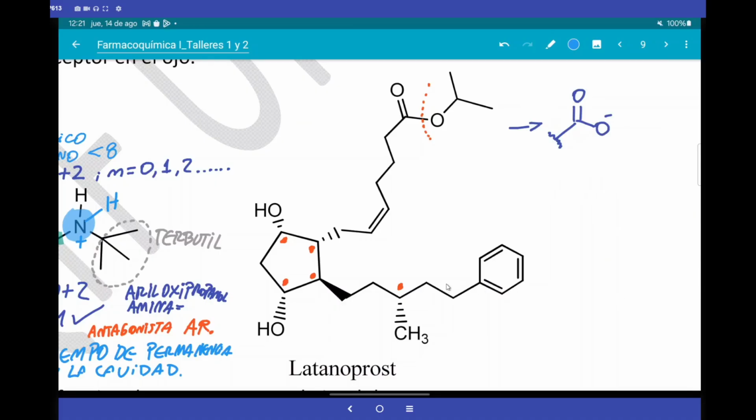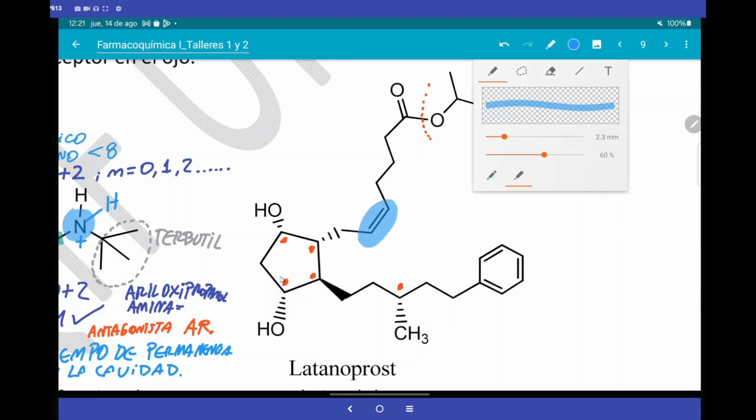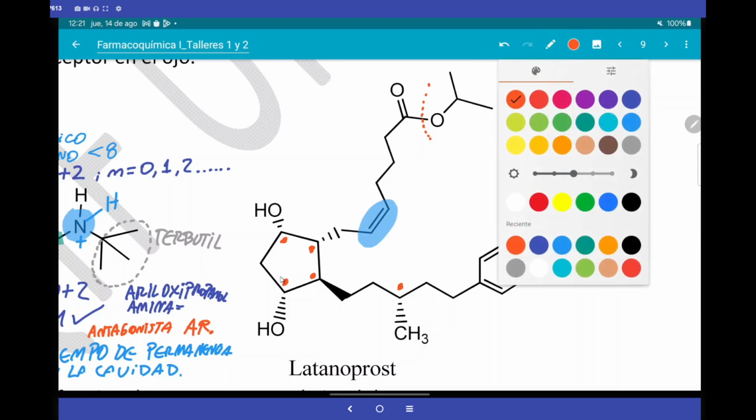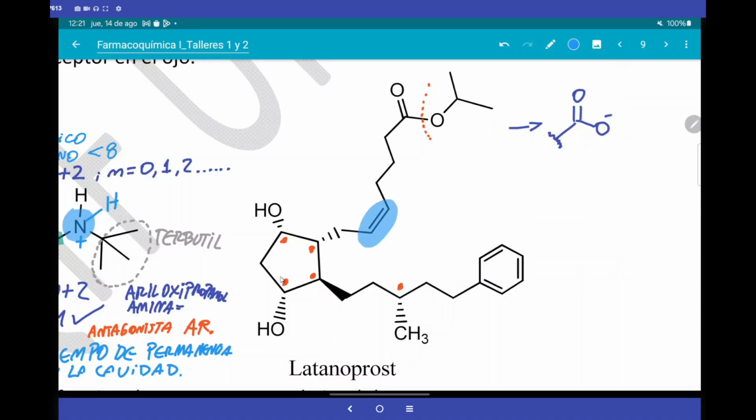Because the central centers cannot change, they are already fixed in the space. Very well, the double bond as it is there is fixed, and that is E or Z. Because the chains of greater atomic weight are on the same side, it is called an alkene of configuration Z. All those things are relevant.